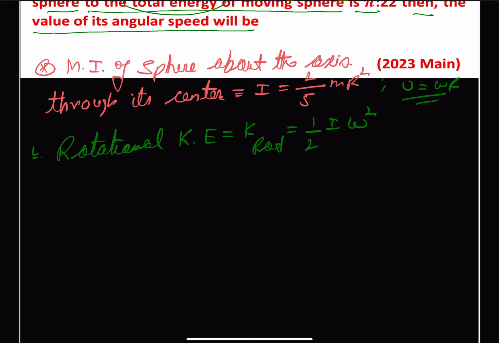Therefore K rotational will be equal to half, we substitute the value of I as 2 by 5 mr square, and omega is v square upon r square. Here 2 and r square cancel out, so this comes as 1 by 5 mv square,